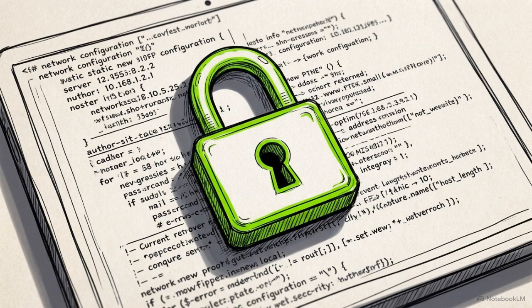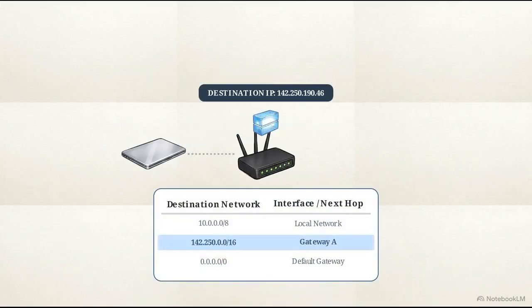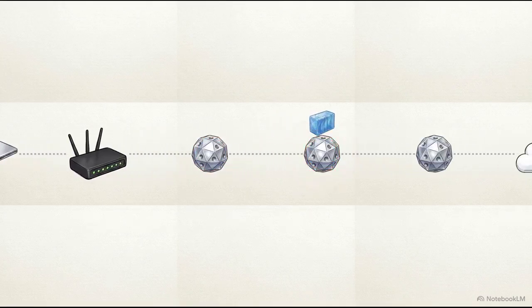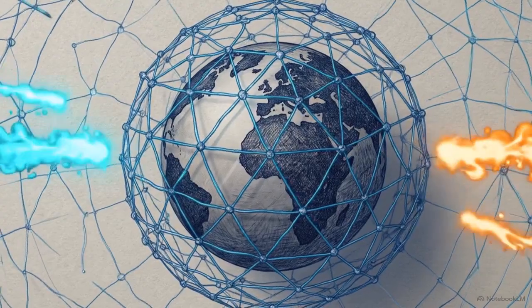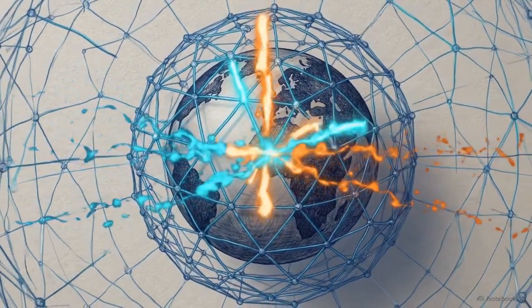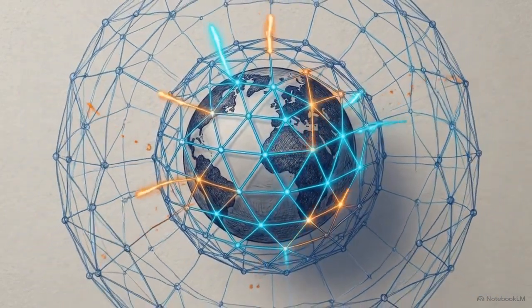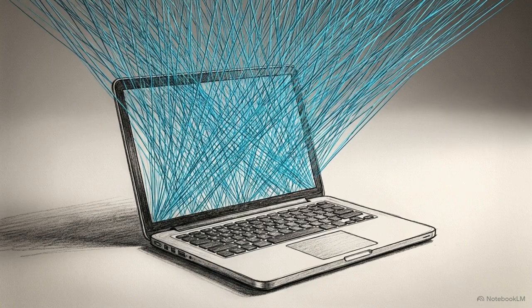This is the complete sequence. A packet is created locally, its IP header is inspected, its destination is matched against a table, and it begins a distributed, step-by-step journey toward the target. This decentralized handoff operates constantly in the background. Millions of nodes pass packets with synchronized precision, allowing data to move around the world in milliseconds. This distributed logic is what converts a solitary laptop or server into a globally connected node.